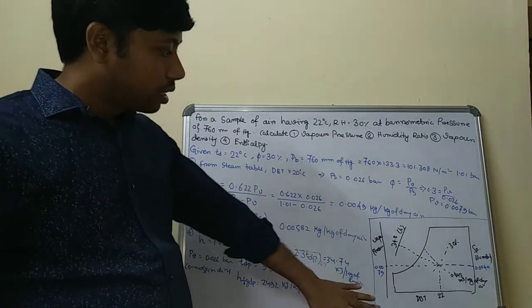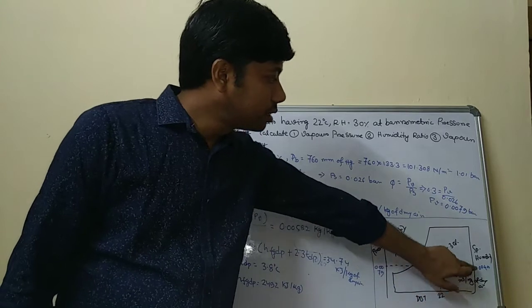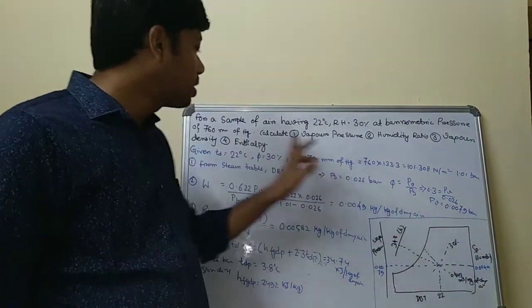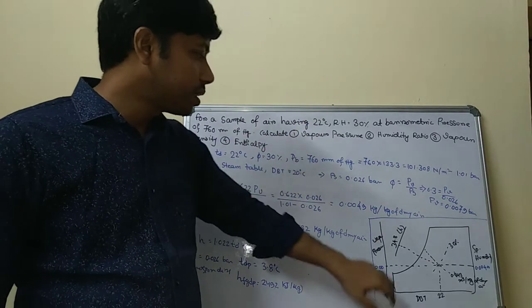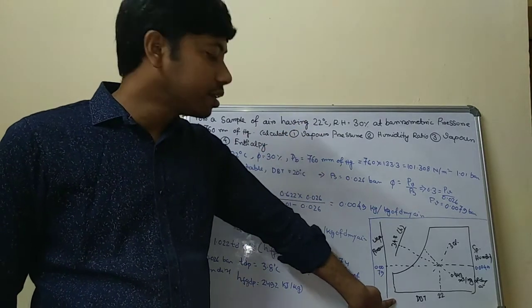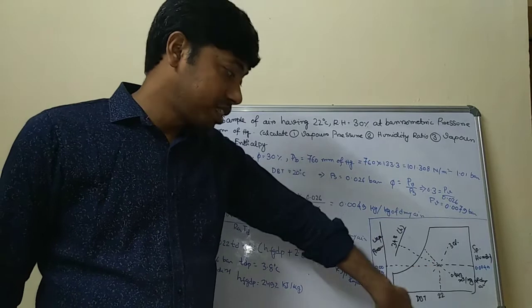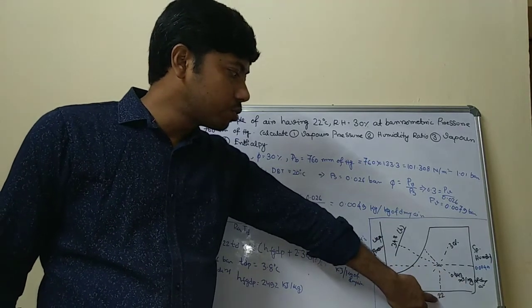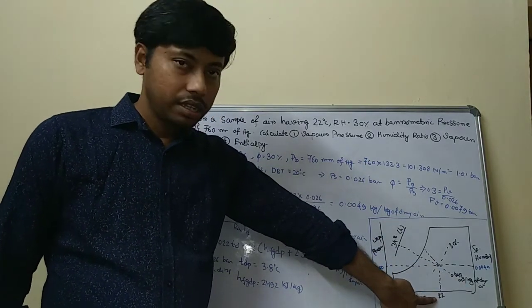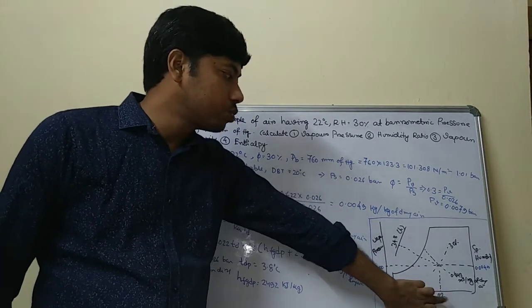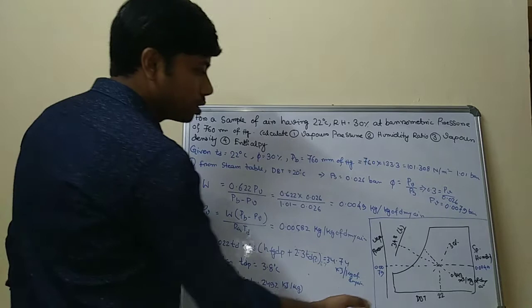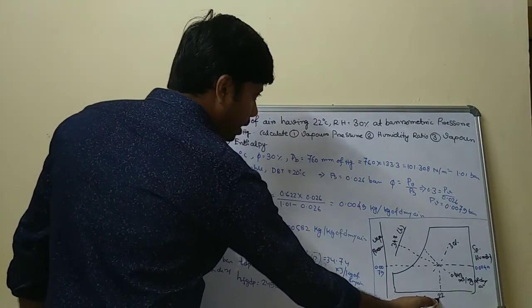as you know, this is your dry bulb temperature, and this is your specific humidity. Now what is given in the numerical is 22 degrees Celsius dry bulb temperature. Suppose the axis starts from minus 10 up to 15 degrees. Suppose this is your 22 degrees Celsius. It may be here, it may be here also, but here we take it as 22 degrees Celsius. This is the 22 degrees Celsius of the dry bulb temperature.